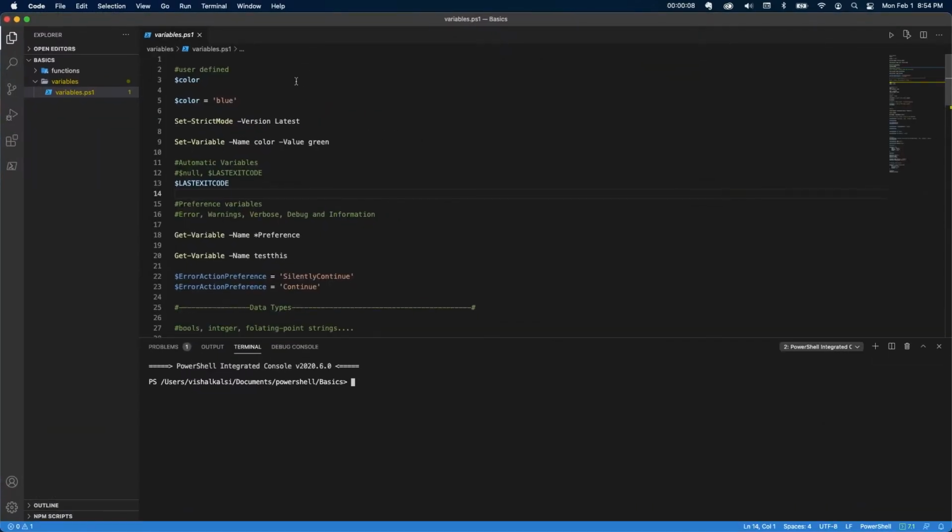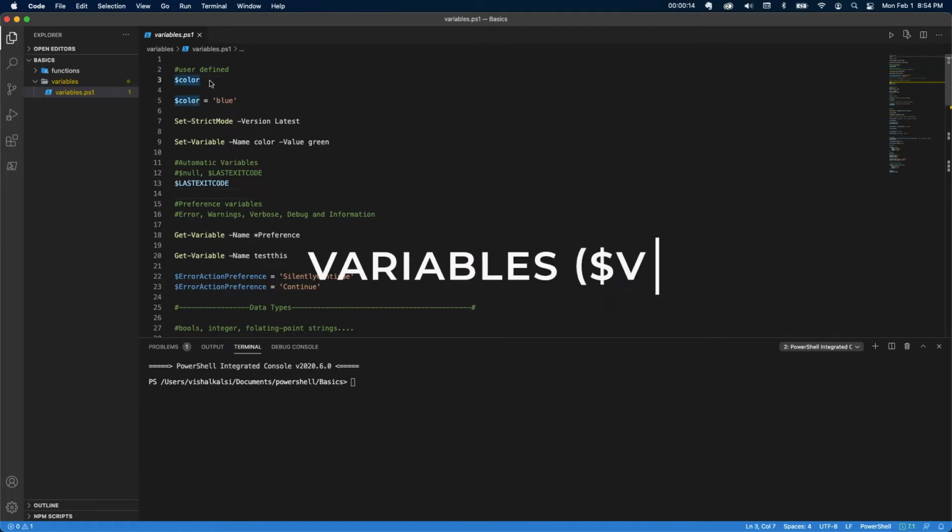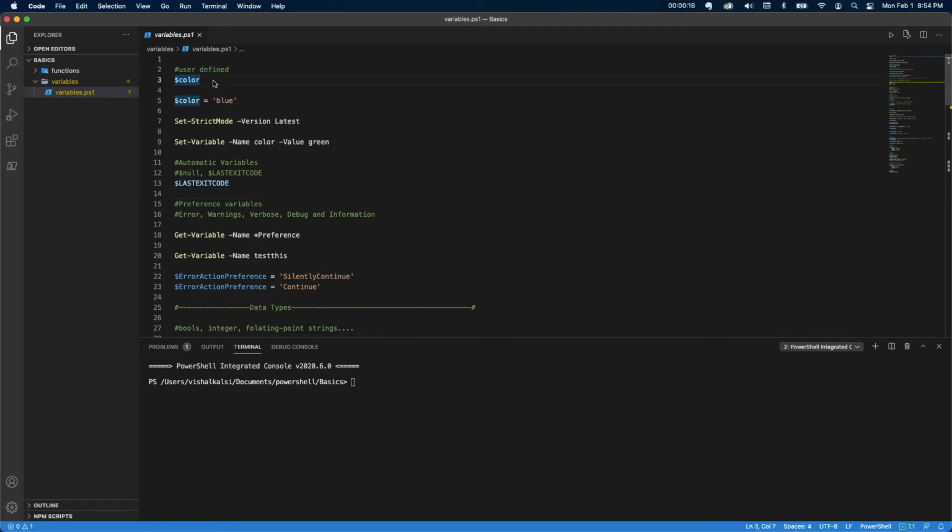Okay, so we'll start first with the variables. What are user-defined variables? You can define a variable using the dollar symbol in front and then just the variable name. One thing to note here is you cannot just declare a variable. PowerShell requires you to assign the variable at the time of declaration. So if you just declare like this without assigning, let me just load this, and then if you try to reference it,